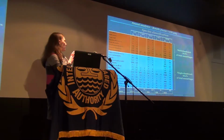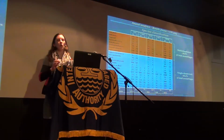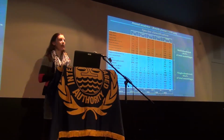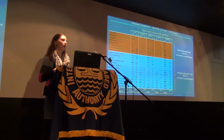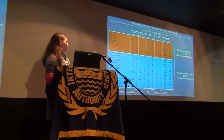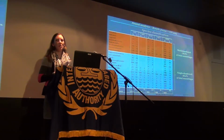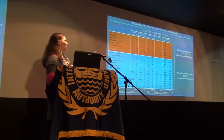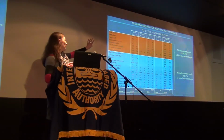The first category groups what we call the conventional species, which are mostly multi-chambered and hard-shelled. It's the kind of species that are very well known from fossil records and from modern environments, and that you can find lots of references to in the literature and in the books. And the second group corresponds to the informal species, which are mostly single-chambered. Usually the conventional species, the multi-chambered, the orange lines,